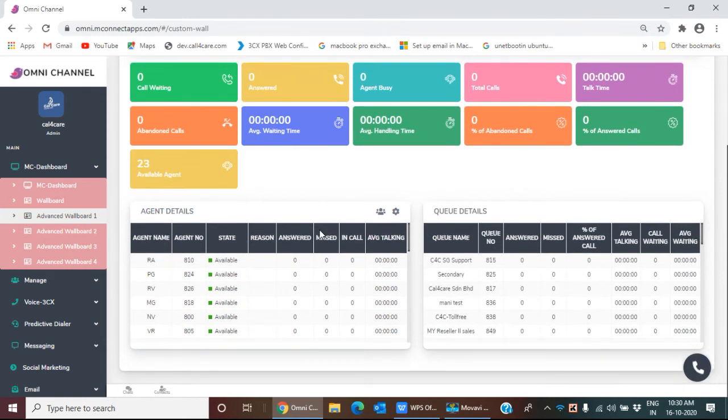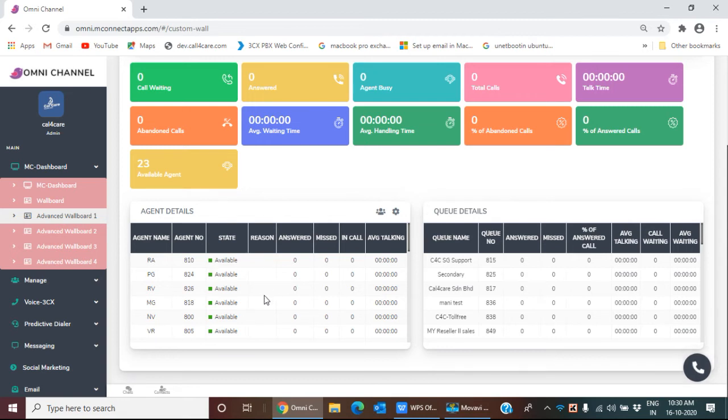Likewise, he can devise strategies to improve the process also. We have an option for having a quick glance of the agent. This is the agent's name, the agent's extension. See here, it will show you whether the agent is available or not. The green color shows that the agent is available, which means that he is logged in the queue and will be able to answer the inbound calls.